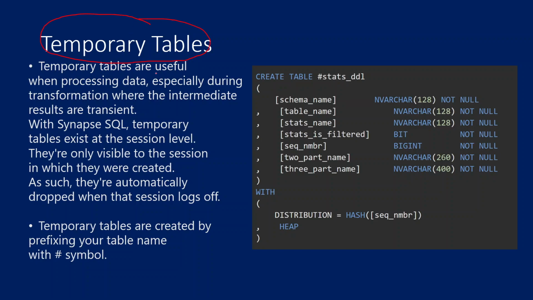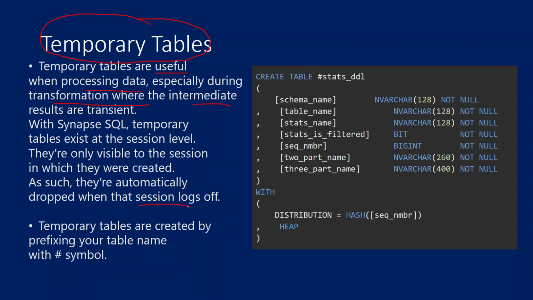In real time, temporary tables are used whenever you process data, especially when you are doing a transformation. In the middle of the process, if you get some intermediate results and want to store them to process something else, you can use these temporary tables, right? Temporary tables can hold your temporary result set in the middle of the process, and you can consume that result set once again to finish your entire transformation logic. Temporary tables are like normal tables, but they hold the data only for a certain period of time.